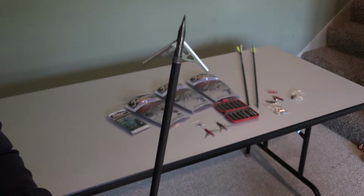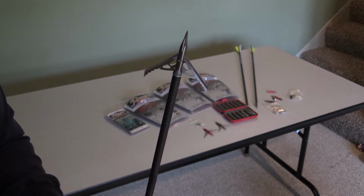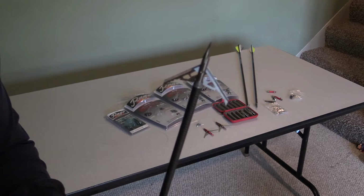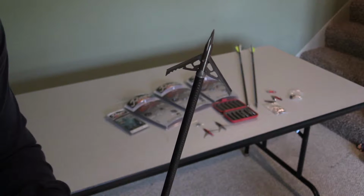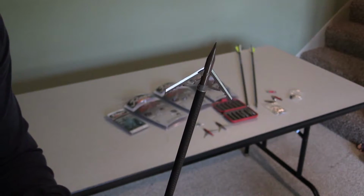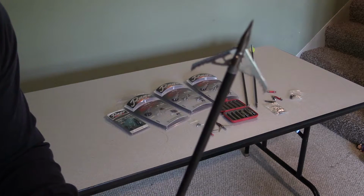Hey guys, I'm here with the new Rage Trypan. I'm going to do a little unboxing and a little review, although it's already unboxed, but I'm just going to kind of go over what's in the package and why I switched back to Rage. It's kind of been a bit of an adventure, but anyway, the main features that brought me back to